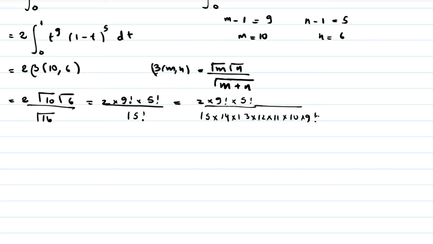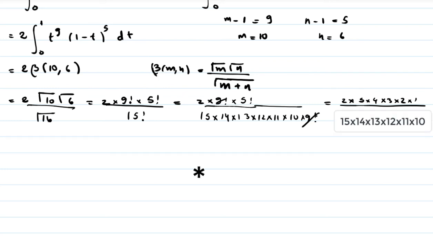Okay, so we can simplify this 9 factorial and this 9 factorial. So this is going to become 2 into 5 into 4 into 3 into 2 into 1, all of this divided by 15 into 14 into 13 into 12 into 11 into 10. So which means that the final result is